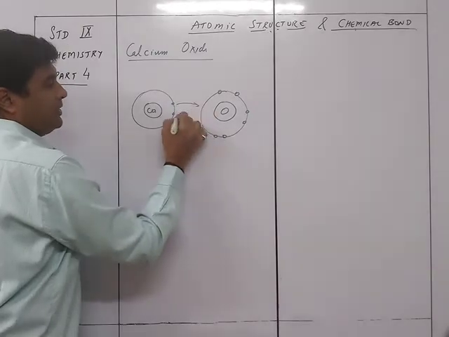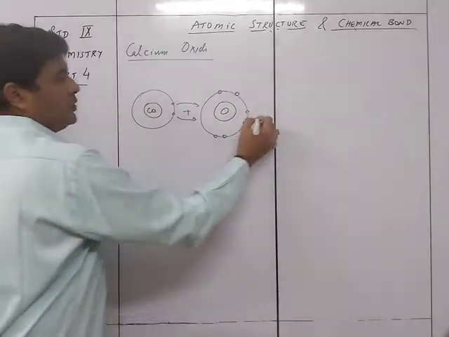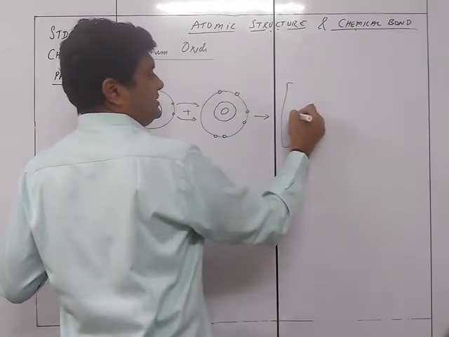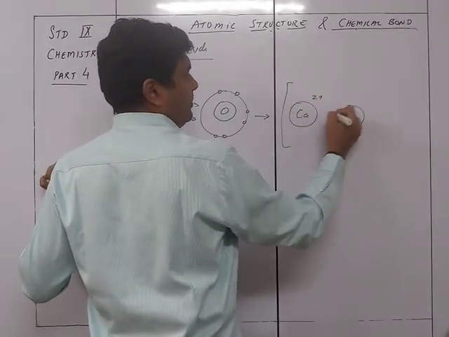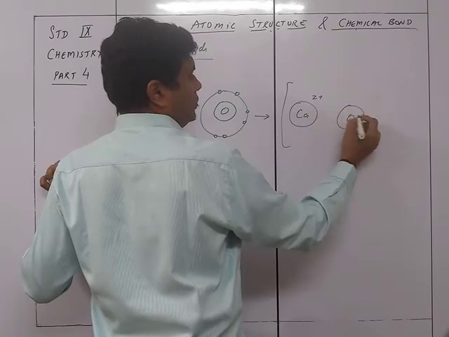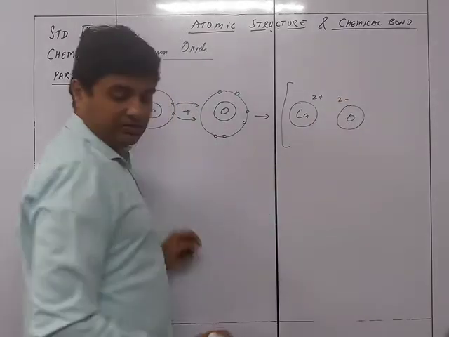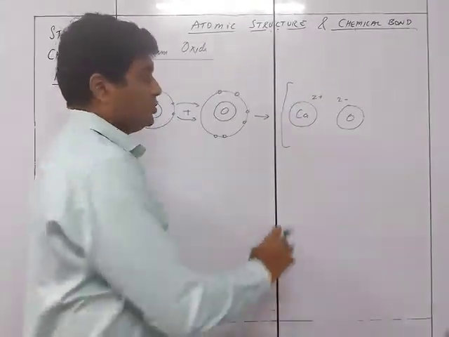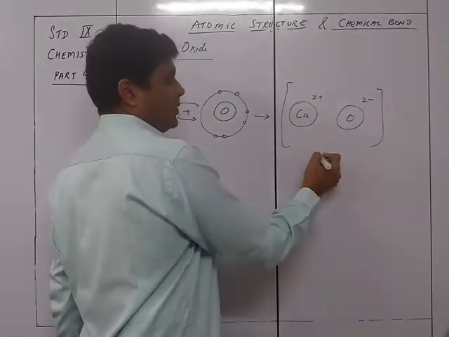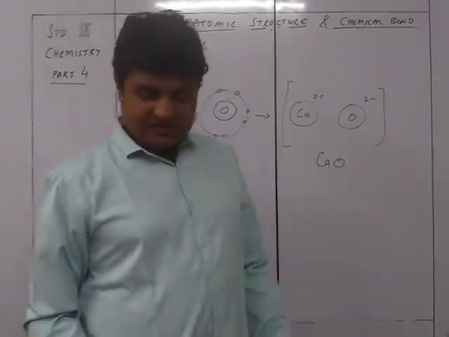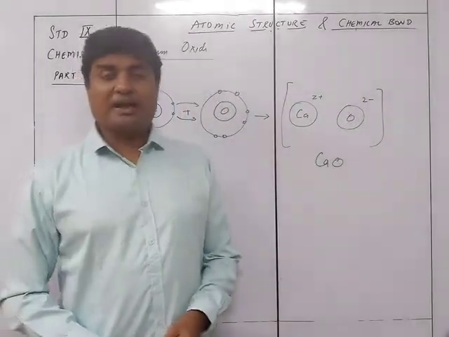So this is going to come here and this is going to come here, plus लिखे, और उसके बाद आप लोग को यहाँ पे मिलेगा Ca2 plus and O2 minus. Okay, this is how you are going to get this. So 2 minus and 2 plus, and they'll give you the required CaO. So that is how you are going to draw for calcium oxide.